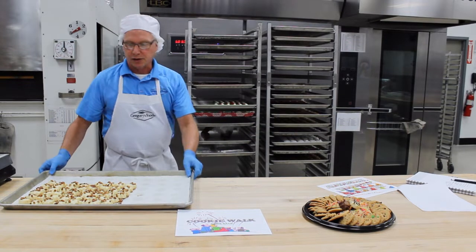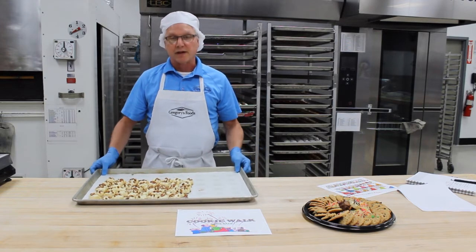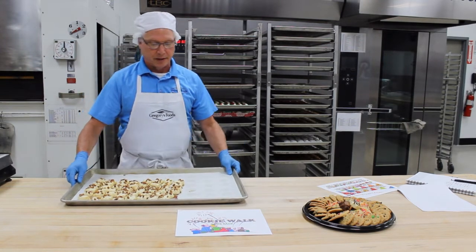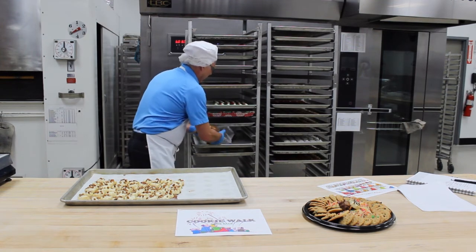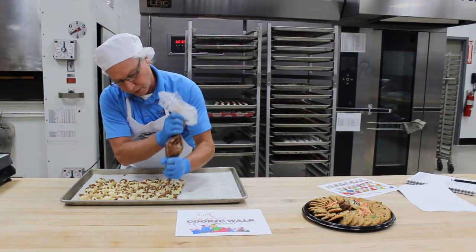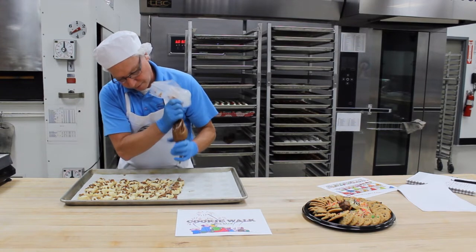This particular one I'm going to show you how to make is actually a turtle, a caramel turtle, which is one of the best sellers out there. Here we've taken the butter spritz cookie and we've dipped it in pecans and baked it. Once it's fully cooled, we warm up some caramel and we actually put the caramel on top of each one of these. This is my favorite,